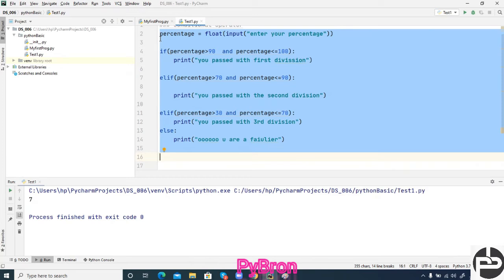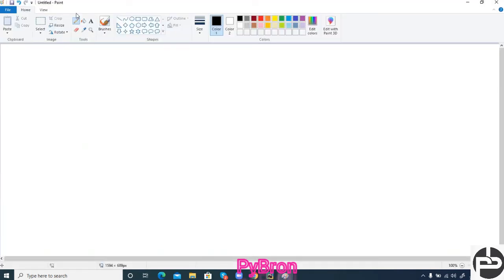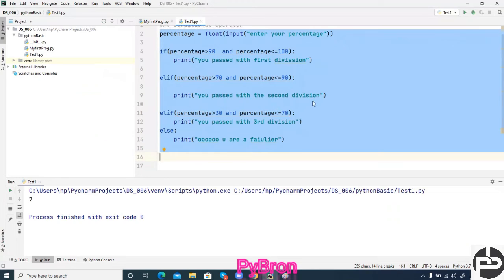What is the function concept? A function is a kind of setup code which we can reuse in any project. I would like to show you like this. Suppose here is def and the function name, and here I wrote some code, say 10 lines. Now if I want to use this function, I can use it. Let me show you.